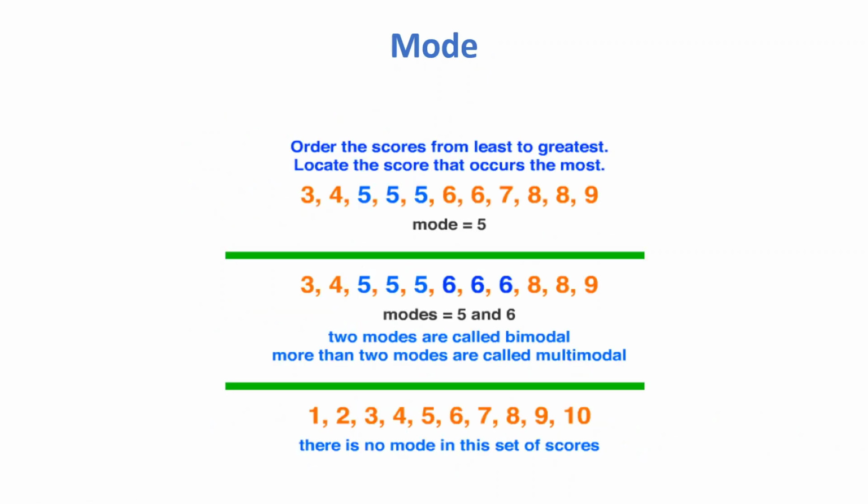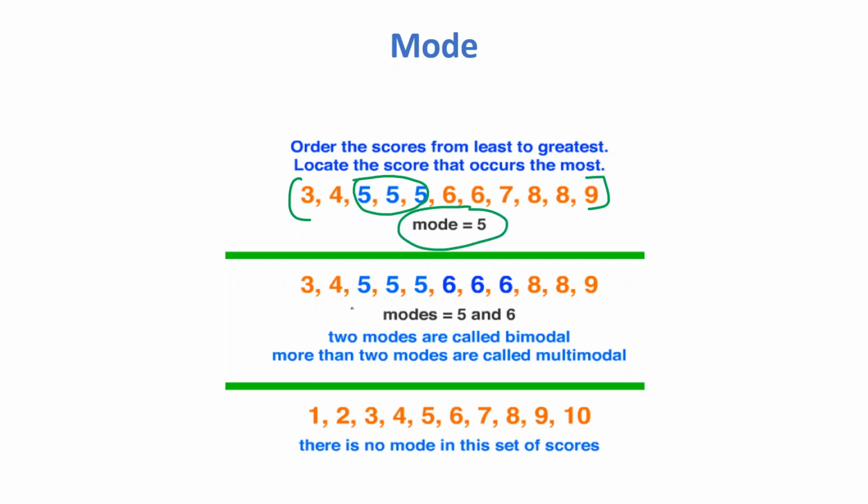So what is the mode? Now we will discuss the mode. Mode basically tells us the most frequently occurring value in the data set. So in this example, we have this data set with values 3, 4, 5, 5, 5, 6, 6, 7, 8, 8, 9. Which value is occurring most frequently in this data set? We can check. This is 5. 5 is occurring most of the time in this data set. So the mode would be 5.